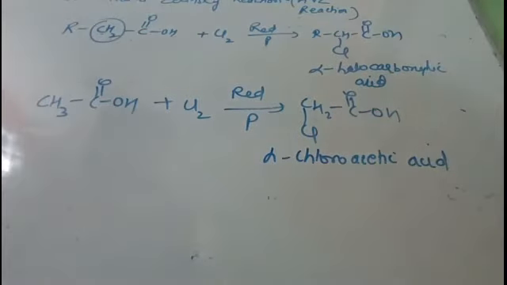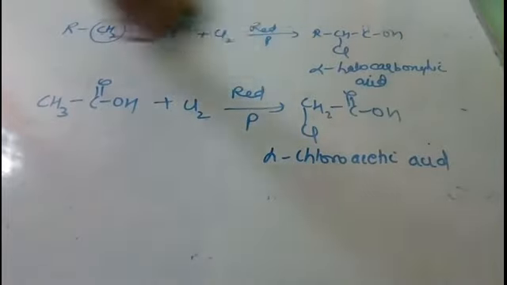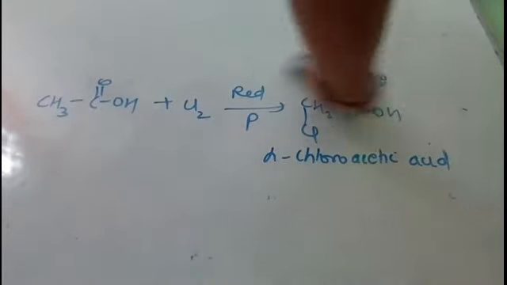Now next we will study electrophilic substitution reactions in carboxylic acids. In carboxylic acid, students, the carboxylic group has minus M effect and it is electron withdrawing in nature. Therefore it is a meta directing group. It directs the incoming group at meta position. So let us see the resonating structures.